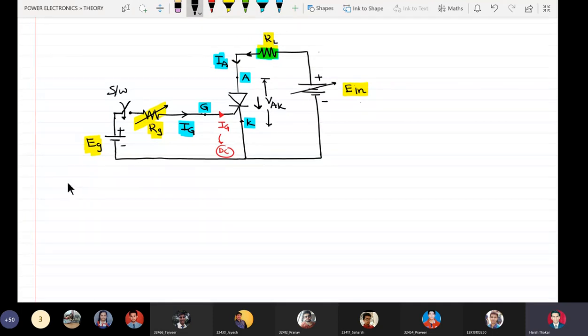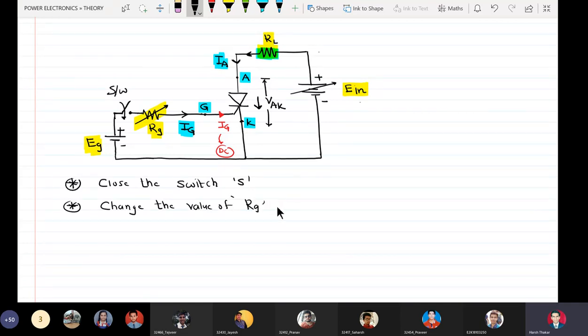Step number 1: close the switch S, and change the value of potentiometer RG till SCR gets latched. So change the value of RG, increase it.